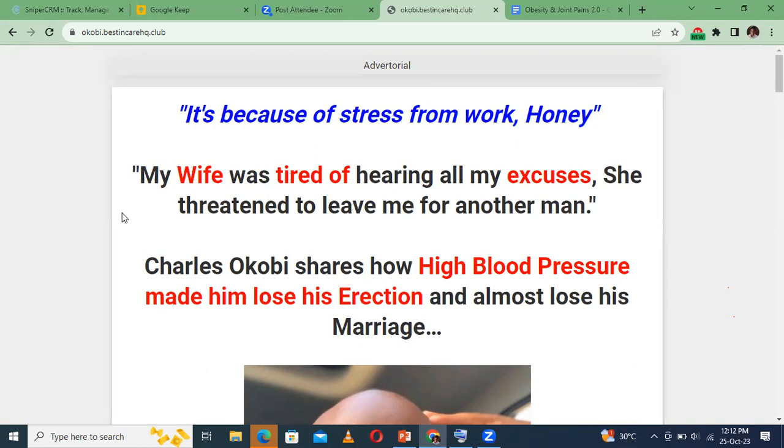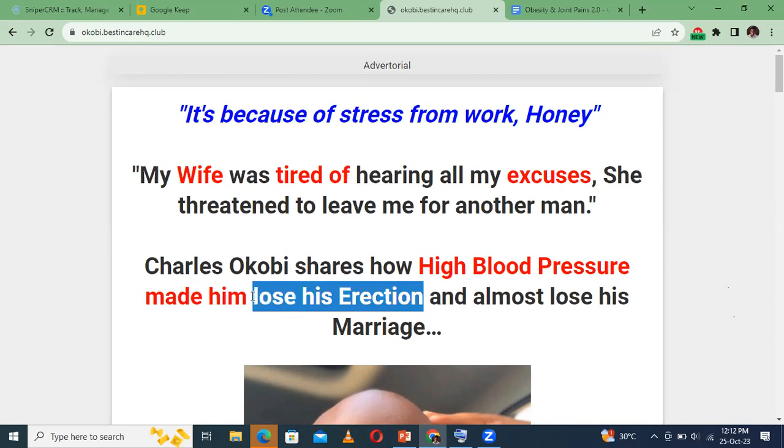But I would say the way it obeys law 1, don't forget, law 1 says it should depict what it is you are trying to talk about or call out to your audience. And my audience here is people that are suffering majorly from not being able to maintain an erection. So if you look down here, it says Charles Okobi shares how high blood pressure made him lose his erection. People that are suffering from what's it called? I forgot the name. I think it's erectile dysfunction. People that are suffering from that, they want to know that it might be high blood pressure that is causing mine too. So this headline has already called out the audience and depicted what